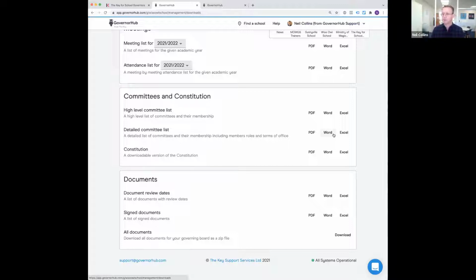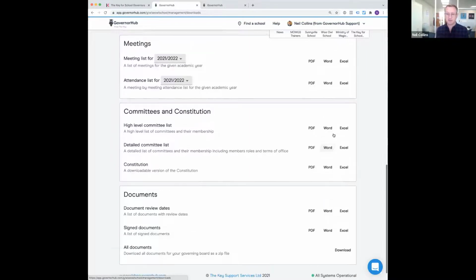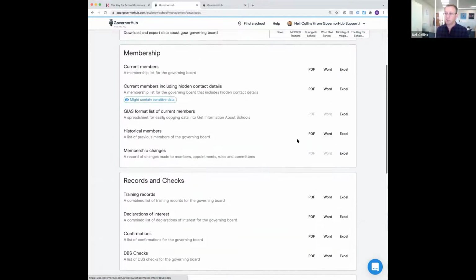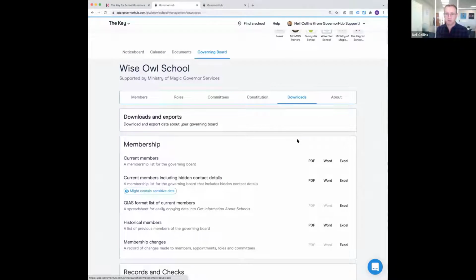So someone was asking about documents. You can do that in one simple drag and drop. It's not a document by document process. The reason why we make it easy is because we want you to use GovernHub because it's great to use. We don't want you to use GovernHub because you're locked in or any such things. So that ease of access to data is a really important part of what we do with GovernHub.